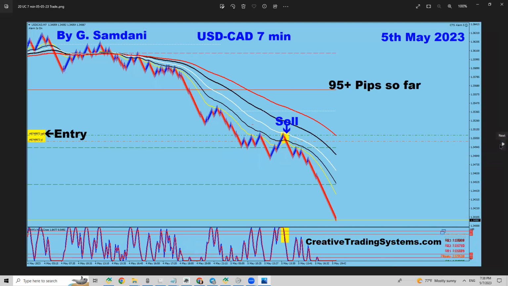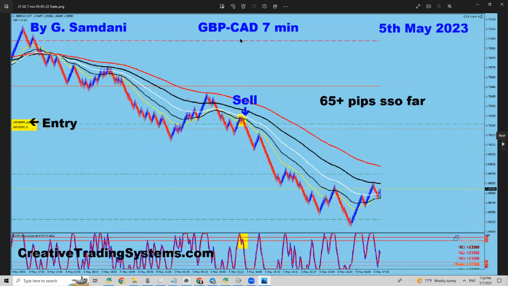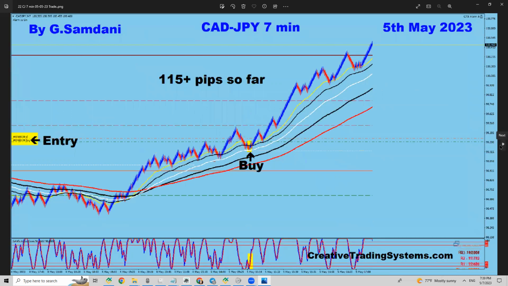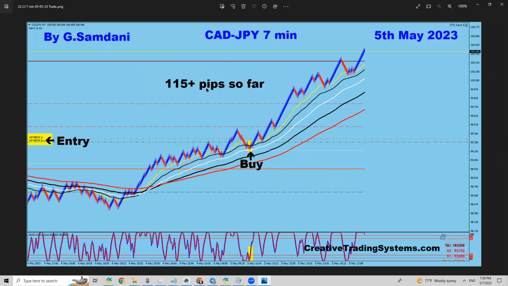CAD start to get strong, very strong. And pound CAD, see this short, all CAD pair went down. USD CAD, pound CAD, Euro CAD, this CAD, that CAD. So CAD got strong. So 65 pip here. Now CAD got strong. CAD is on the left-hand side on this pair. Yen was weak, so boom, it went up 115 pip from